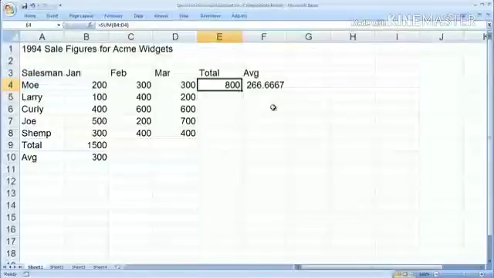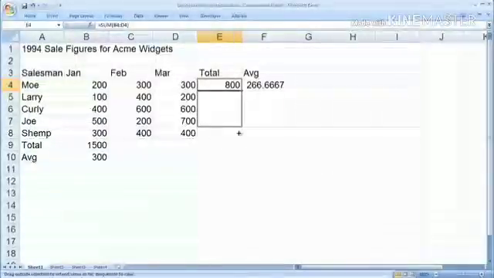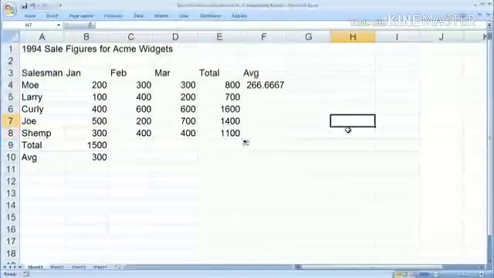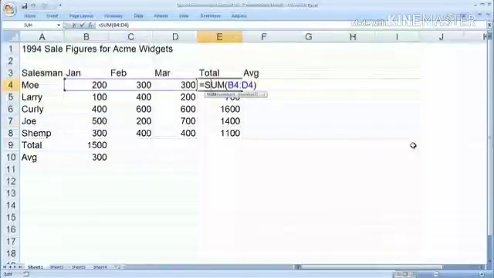Right now I have this thick plus sign, and I can use this to highlight ranges of cells. If I point at that square, you're going to see that the thick plus sign changes into a skinny plus sign. The skinny plus sign will allow me to autofill instead of highlighting. So I'm going to go ahead and point at that and drag down, and you'll see that it filled that formula in for the next four cells. And again, we're going to go up in here and double click on that cell, and you'll see the original formula was equals SUM B4 to D4,